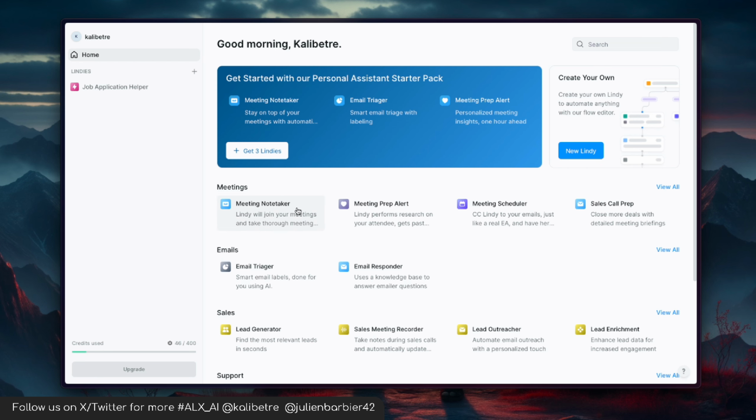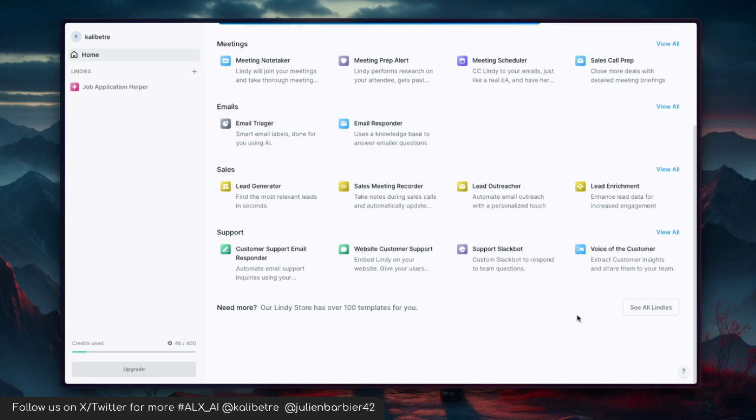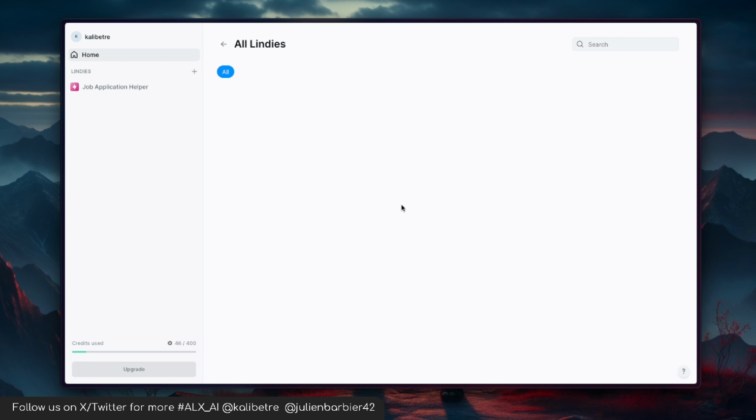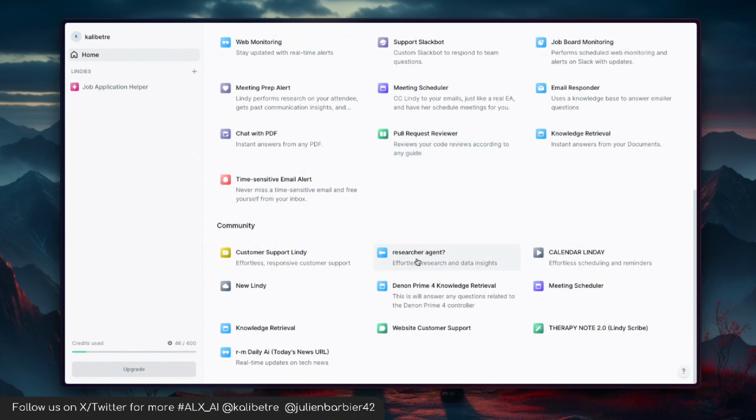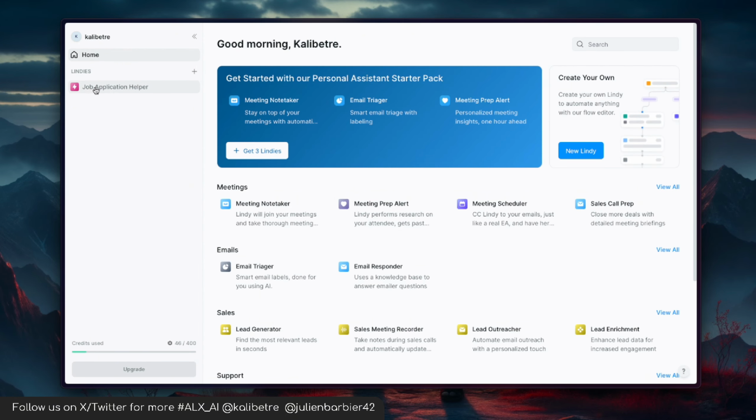For instance, a meeting note taker, a meeting scheduler, an email responder. This AI can send an email as you to respond to a certain type of email. There are quite a lot of pre-built templates that you can try out. So let's build our own. I already built one sample project here, but we will do it from scratch. But before this,